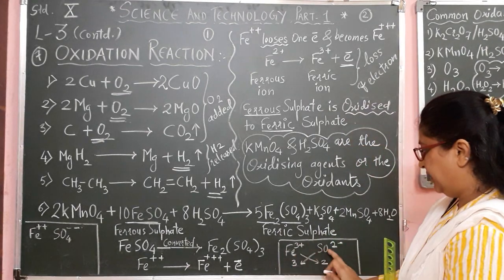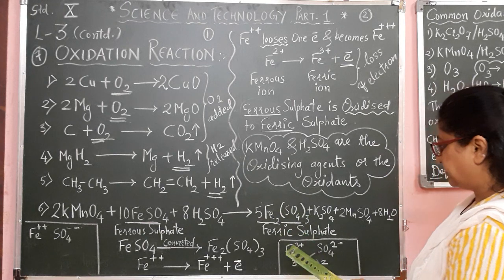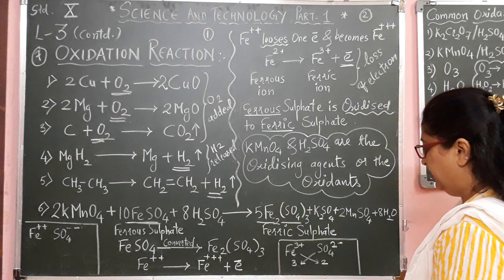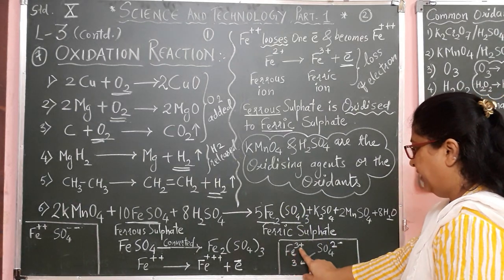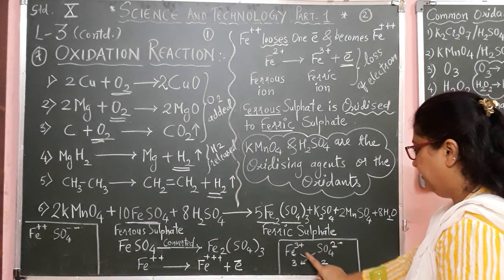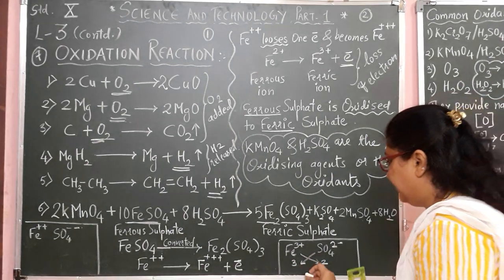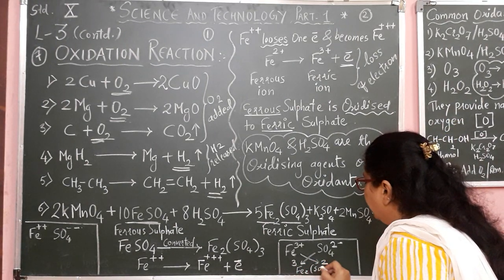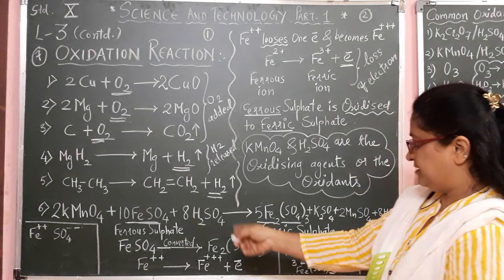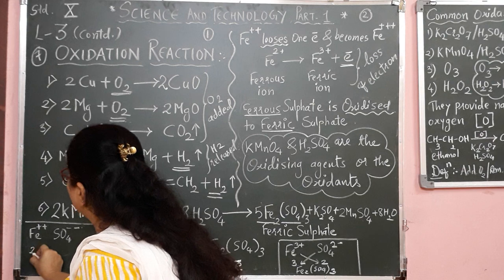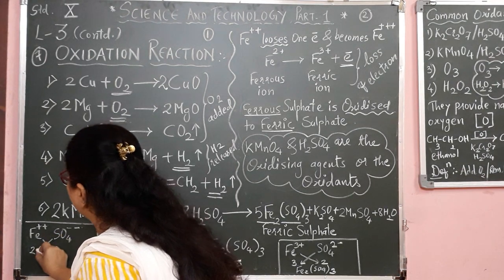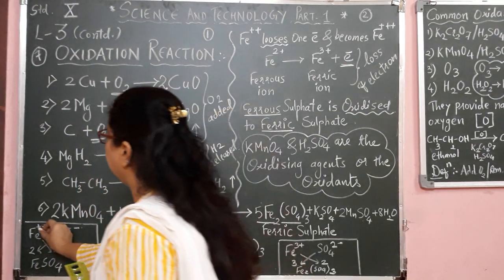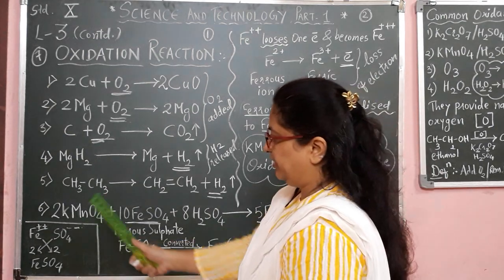Just to simplify, we know how to write the chemical formula of compounds. So consider this Fe2(SO4)3. This is the molecular formula of the compound. How is it written? Fe, the valence is 3, SO4 is 2, and then we write their valences crosswise and we get the chemical formula. Cross multiplying, we get Fe2 and SO4 by 3. Similarly here we write the valence 2 and 2. When we cross multiply, it will be FeSO4, that is ferrous. In this, the positive charge on Fe is 2.